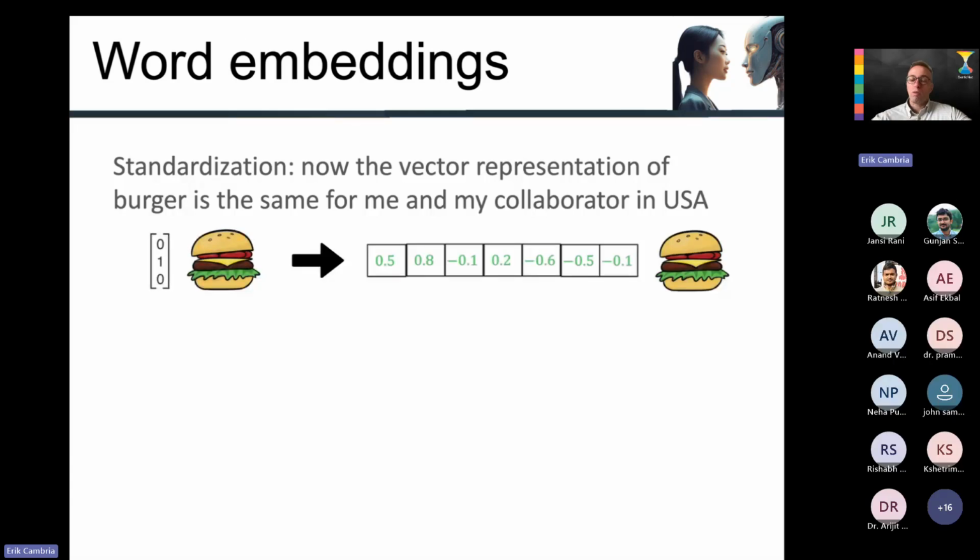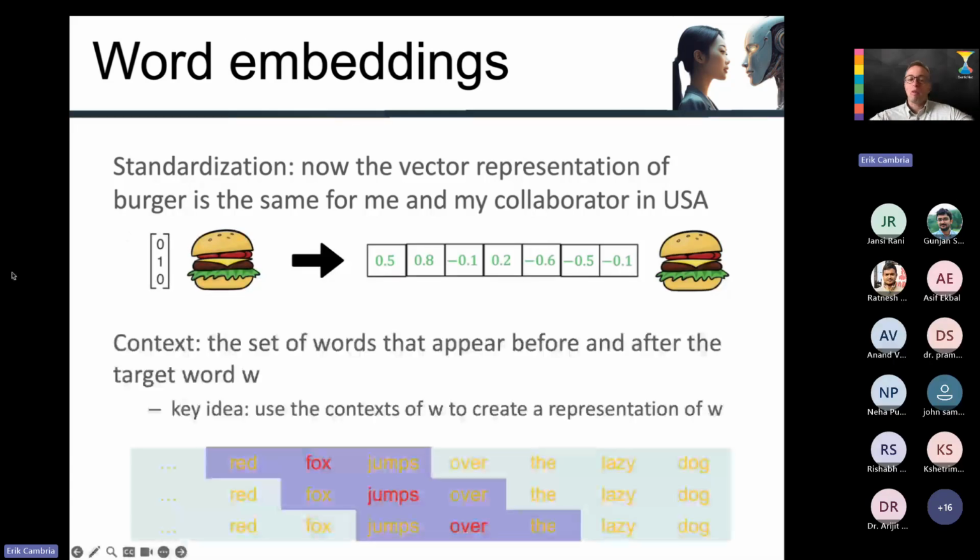So the good thing about word embeddings, first of all, is that they encode context. So we're not talking about bag of words anymore, but continuous bag of words. Each word is not only encoded as the word itself, but also with the word or words that come before and after that word. So this is good for having more contextual information, but also because once I settle on a specific set of